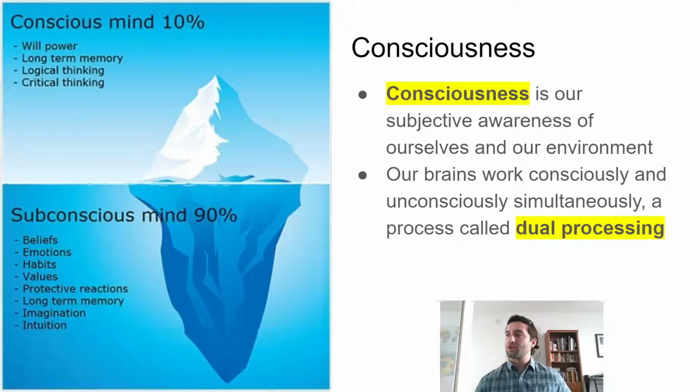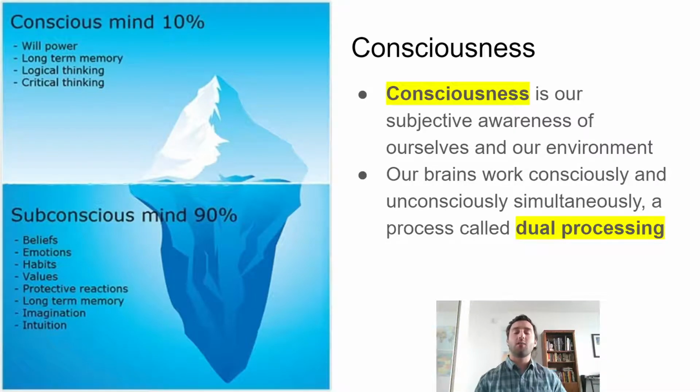That's going to get us to consciousness. Like I mentioned before, we're not going to do a ton about consciousness today. I really just want to hit on a few main pieces. One, what is consciousness? What does that mean? And then we're going to talk a little bit about dual processing as well. These are things that we'll see again later on in the year, but we want to get a little bit of an idea of them now.